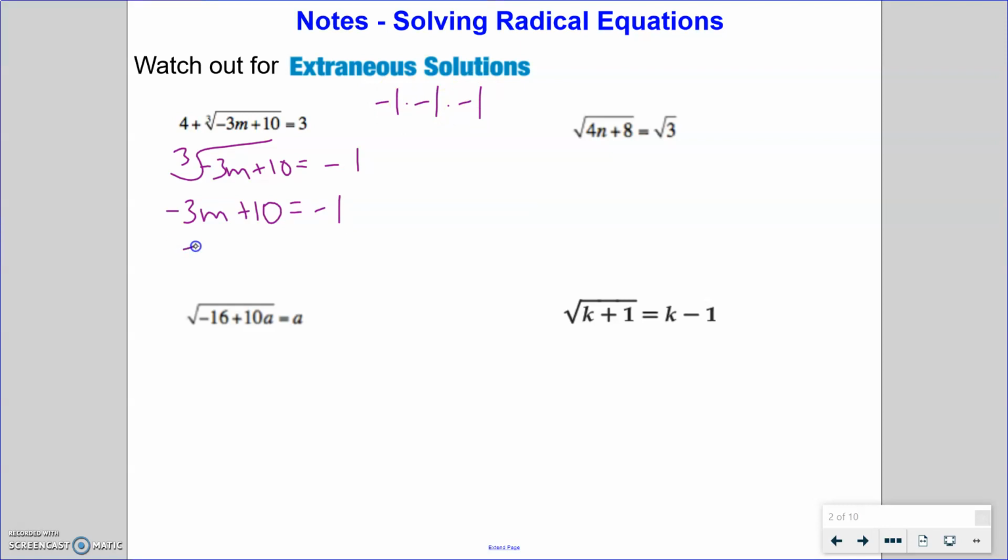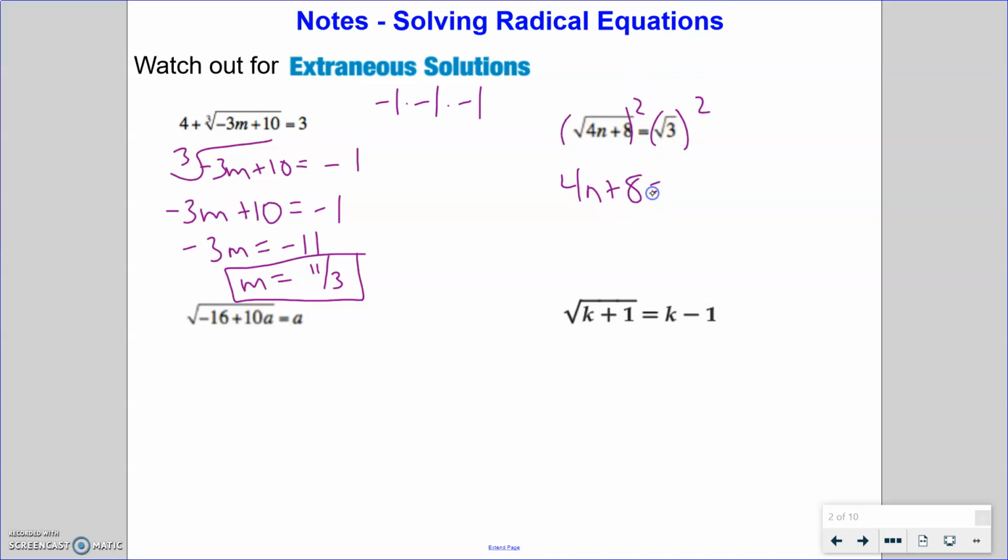Now I can solve it just like normal. Subtract 10 from both sides and divide by -3, so I get 11 over 3 positive, because negative divided by negative is a positive, okay? Let's go to the next one. Both sides have square roots, so I can just square both sides, and it actually takes the square root out of the picture for both. Subtract 8 from both sides, and then when I go to divide by 4, I get -5 over 4